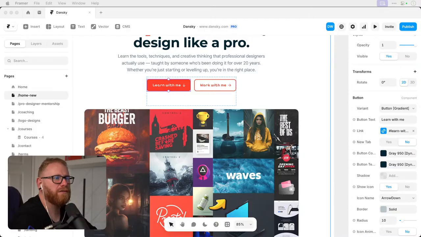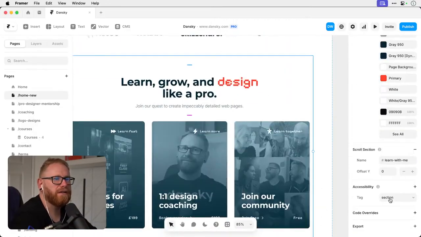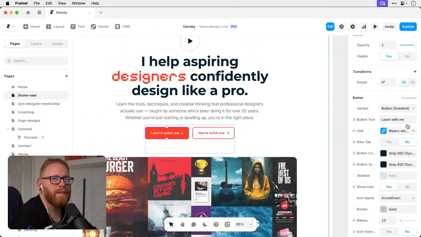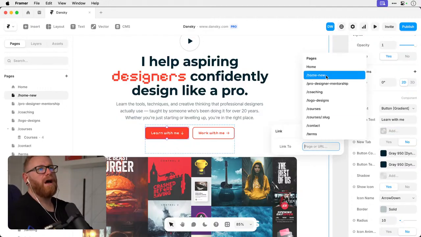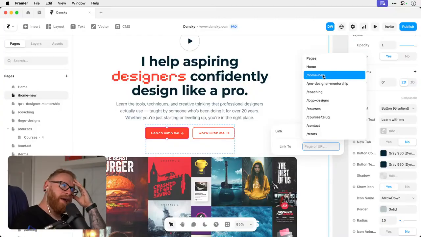You need to create a scroll section. Yeah, so I've got a section, so learn with me. But it's not giving me the... Oh, sorry, I'm being an idiot. So you pick the page.